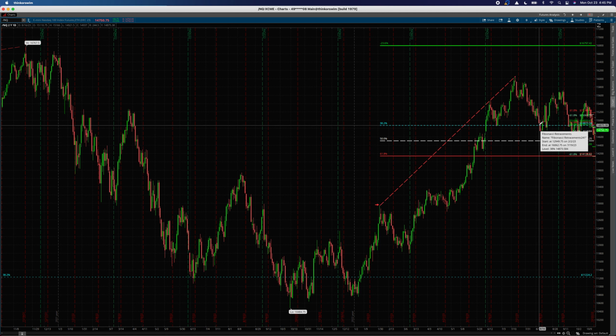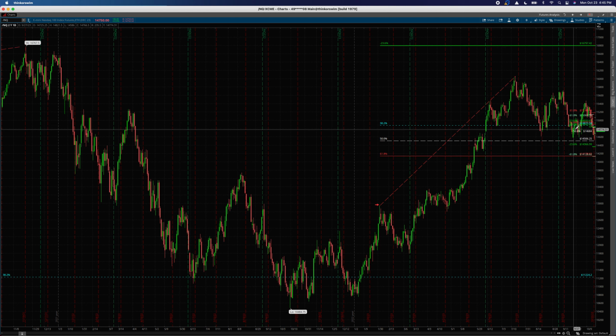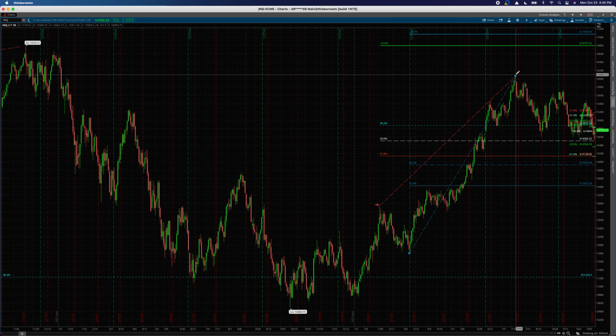This became tested back in August of 2023. It then retested here late September, early October, and we are retesting this area again, and really for the first time testing the 50% level, 14,506 quarter. If this setup were to fail, there could be a next daily 50% long that becomes tested,